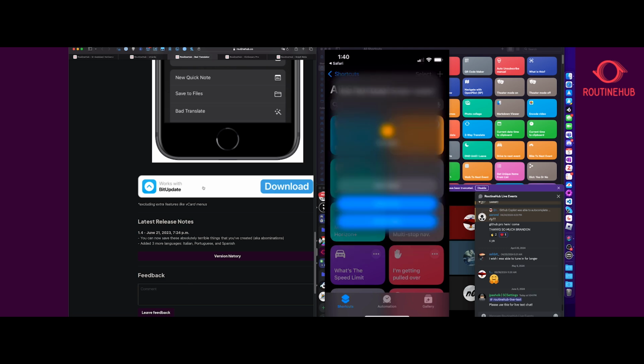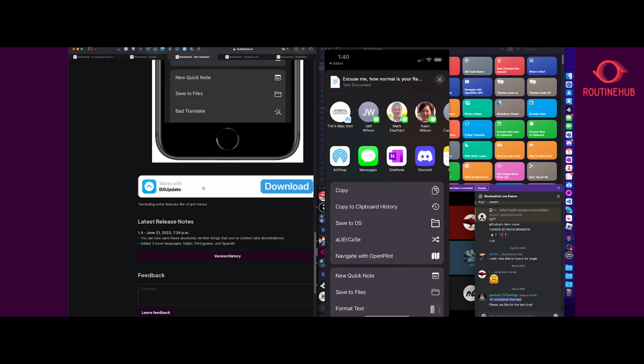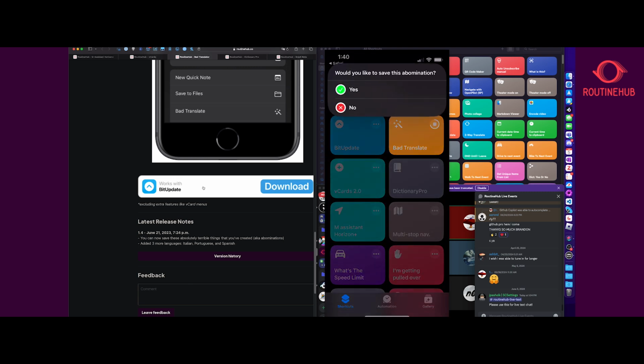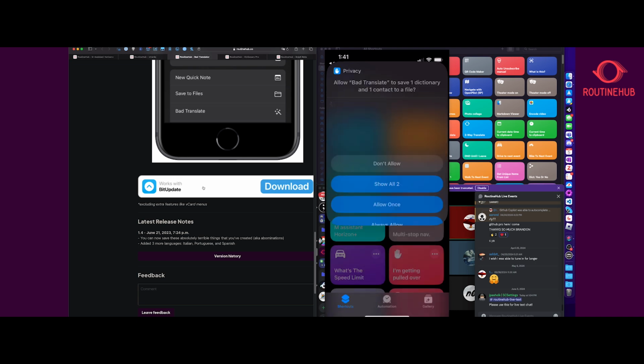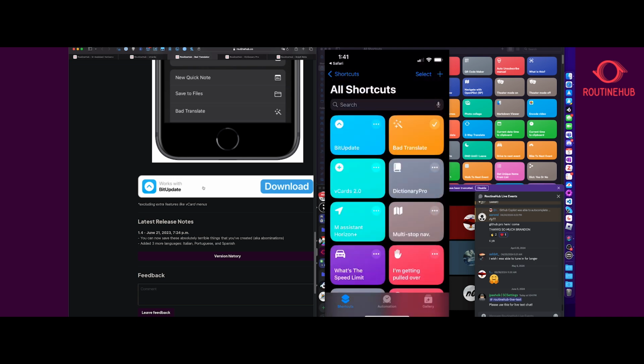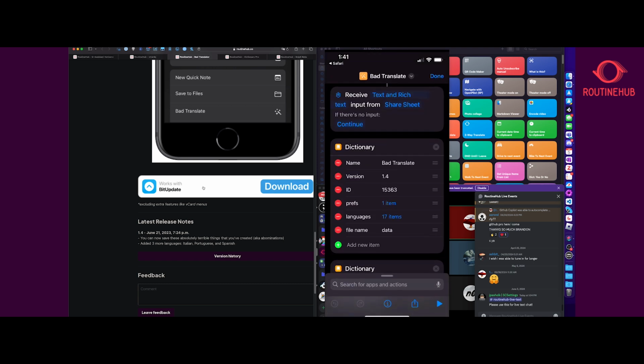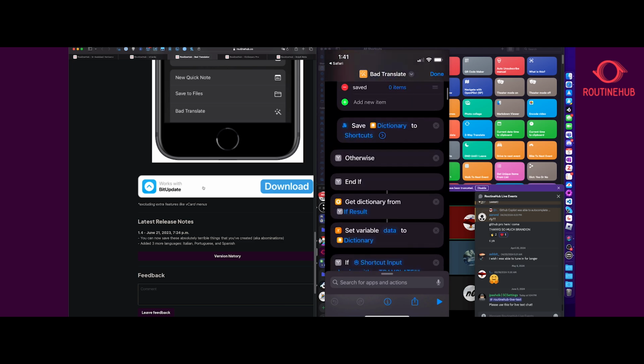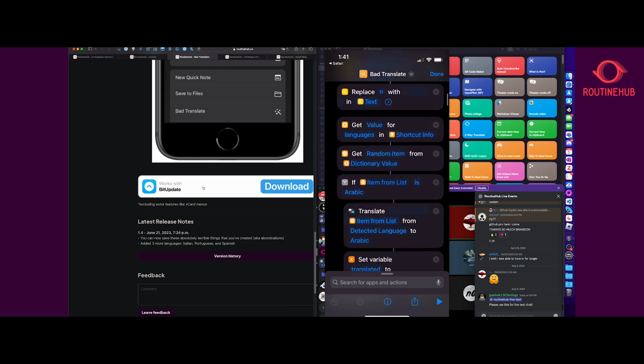That's so awesome. I'm a little bit curious about the huge number of permissions that I had to give it. Would you like to save this abomination? Yes, I would. This is definitely a creative shortcut and fun. Why did I have to approve it creating contacts for me?